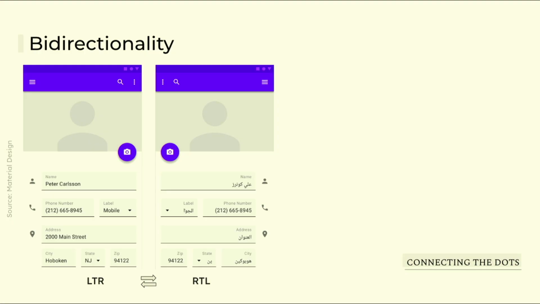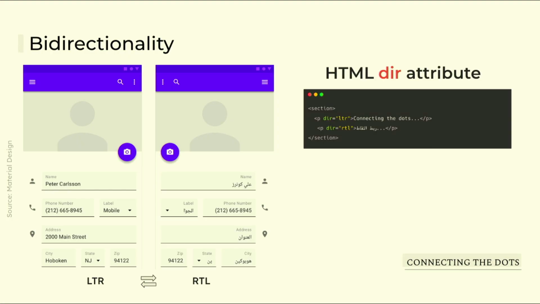As you can see here on the right, the layout of the application changes when the language is right to left. There are a couple of handy things that can be done to achieve this. The first and the basic one, which some of us here should be familiar with, is the HTML dir attribute. This will flip any of the non-direction specific content in your layout, such as text or grids.